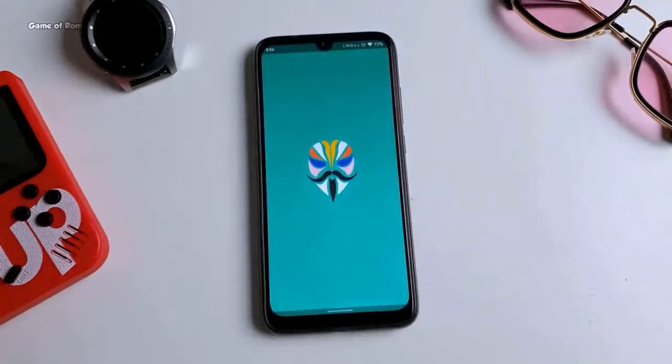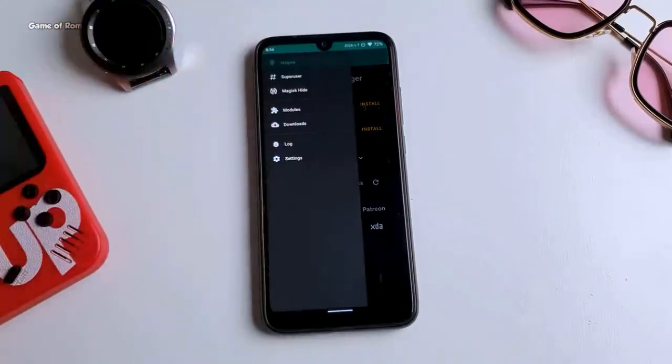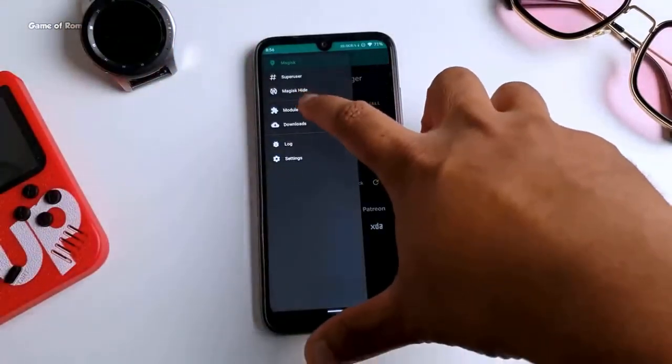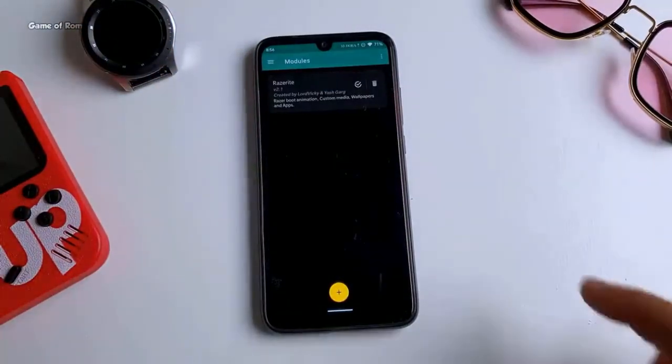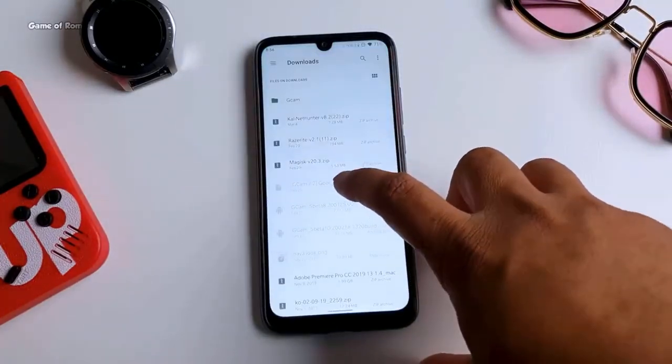So now we are booted. Go to your Magisk app, swipe right and go to modules. Tap on this plus button and locate the Kali NetHunter zip file.